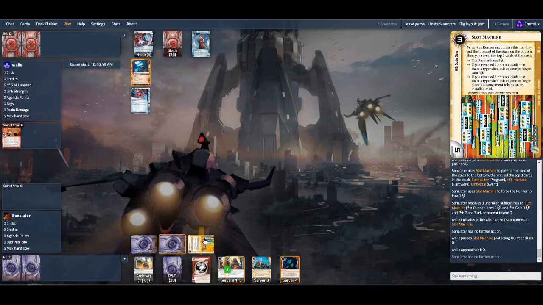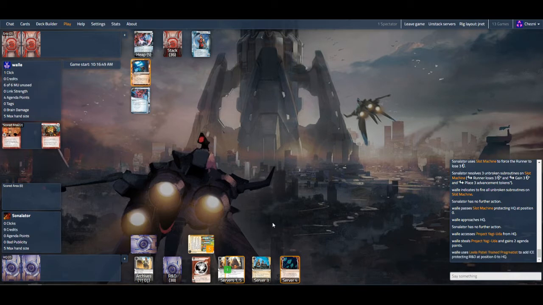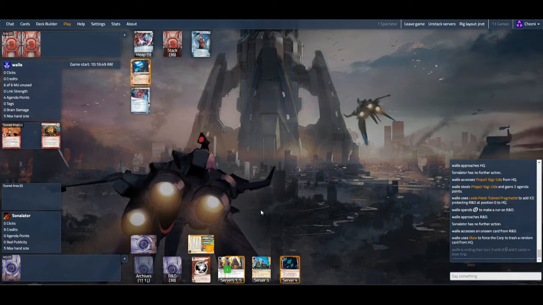Subroutine on Slot Machine fires again. We reveal Program Hardware Event. She's getting super lucky. The Corp is gaining very little money from this. She gets very lucky and she had a 50-50 to run into HQ and get